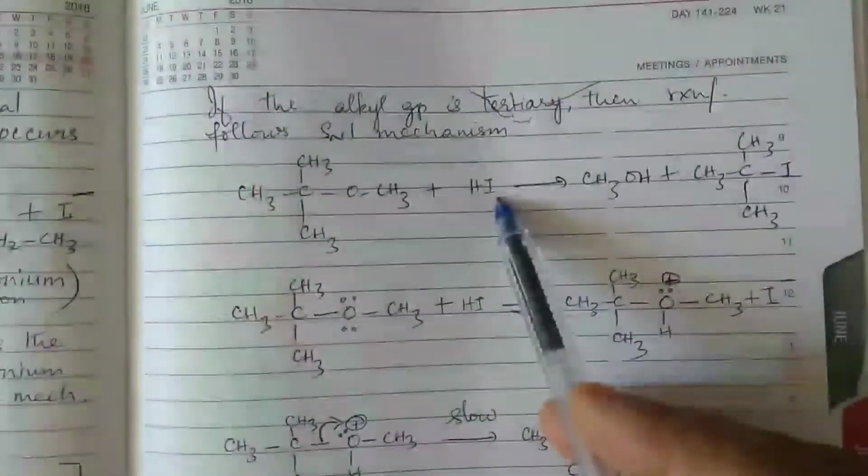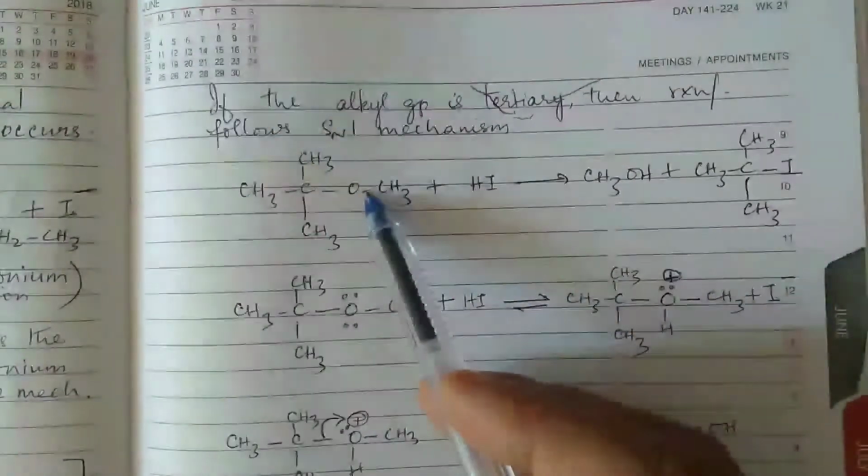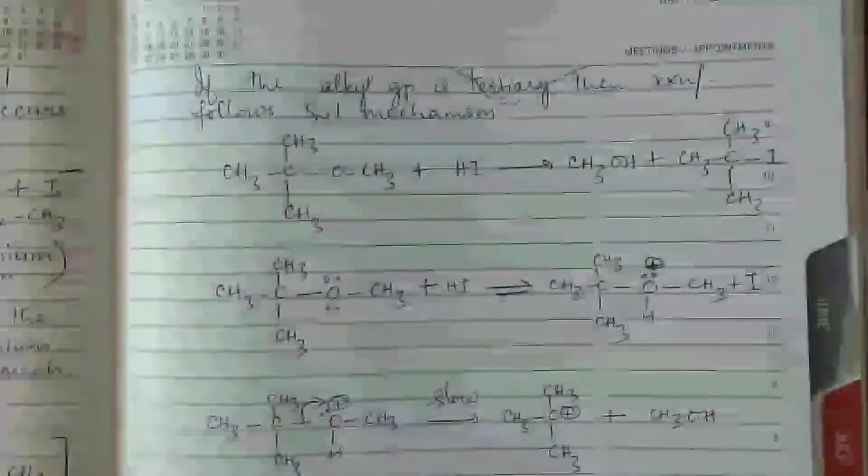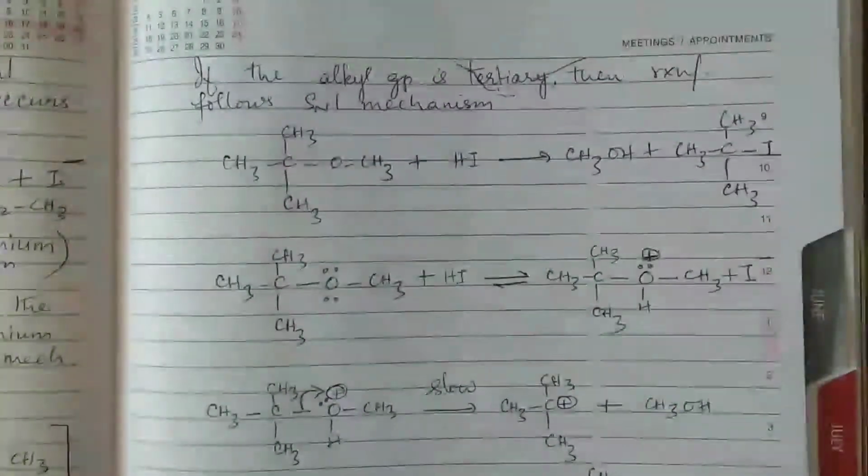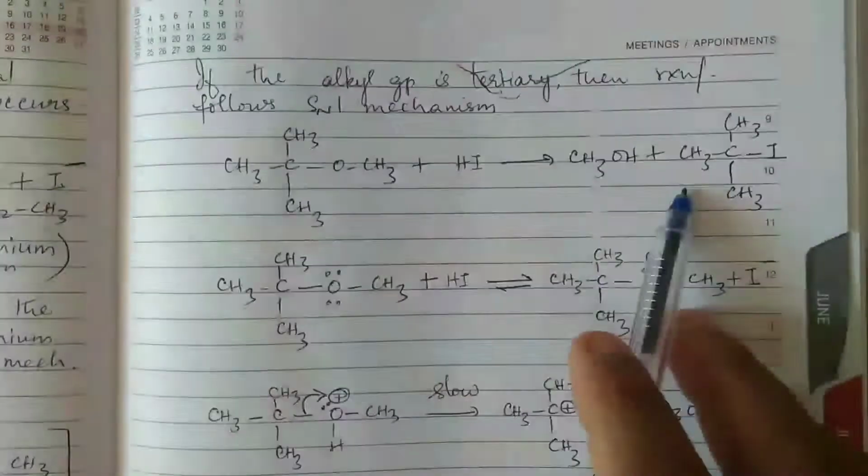Now you may ask, why can't it be otherwise? That is CH3I, and this hydrogen combining with the other part to form the tertiary alcohol, why can't that be formed? You can ask me that. Now that will not happen. This is the product. Why so?